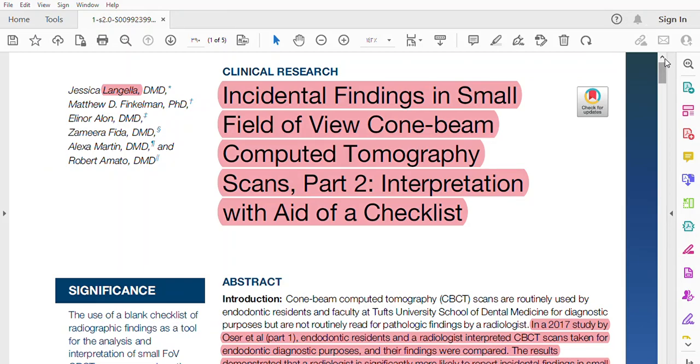Assalamu alaikum wa rahmatullah. My paper today will be about the incidental findings in small field of view cone beam computed tomography scans, part 2, which is the interpretation with aid of a checklist. This study was done by Jessica Langella from Tufts University in Boston